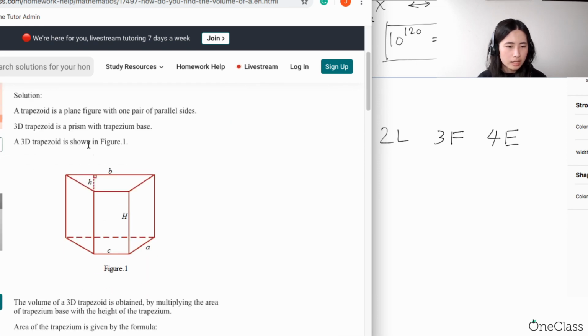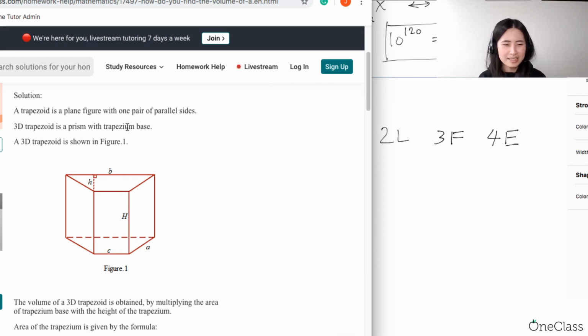That's right. So the parallel sides would be the legs, right? So this is this leg and this leg, right? So we know that just by looking at the trapezoid, your base is a trapezoid, right? And this is in fact a trapezoid prism or trapezoidal prism, depending on which one you prefer. And then it says, yeah, so we have a